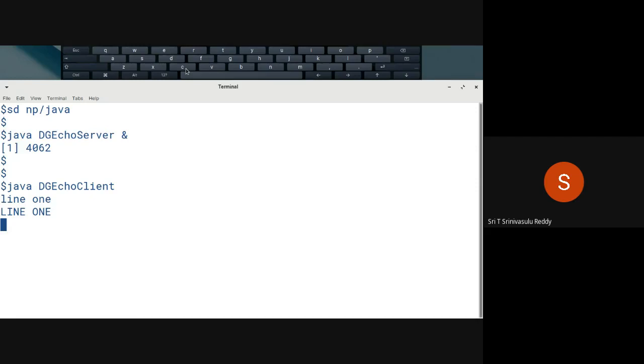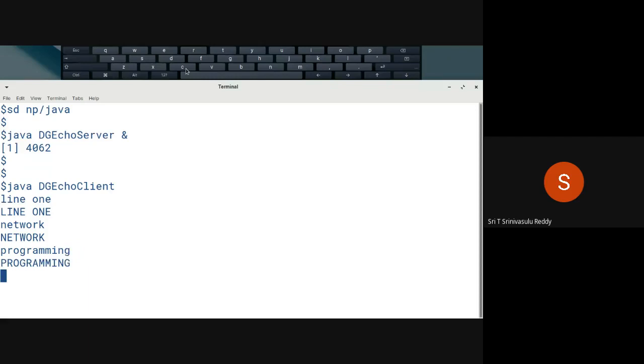The client receives that response from the server, and whatever is received is printed. Because the received one is converted into uppercase, you are getting the converted entity. This can go on like this: network, programming, whatever.